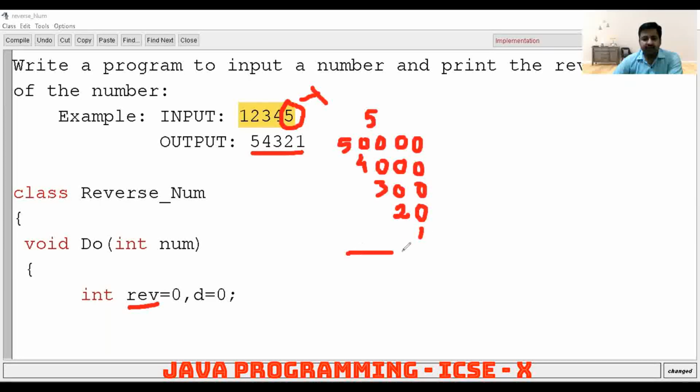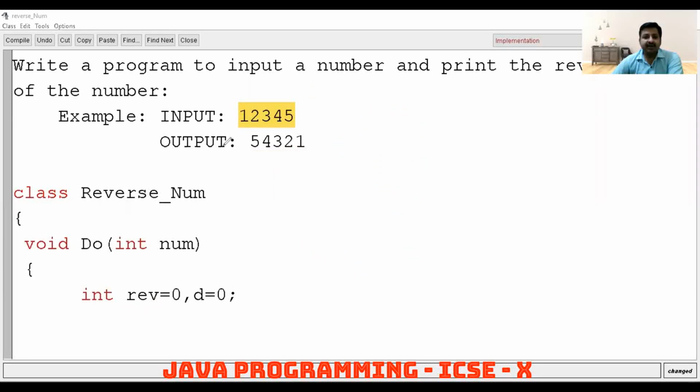When you all add this, you will find this number, 54321. So basic logic is that multiple of 10 is being multiplied with the digit. So multiple of 10 is to be multiplied with extracted digit. This concept is being followed out to find the reverse number.